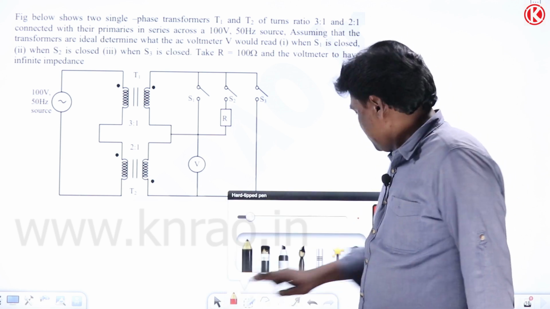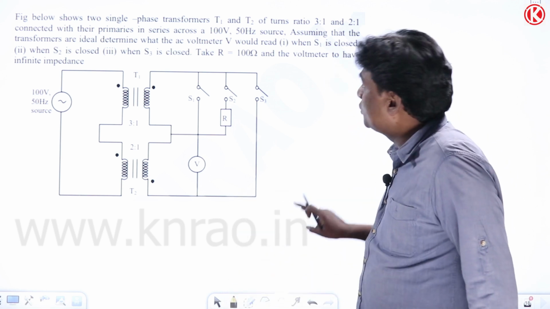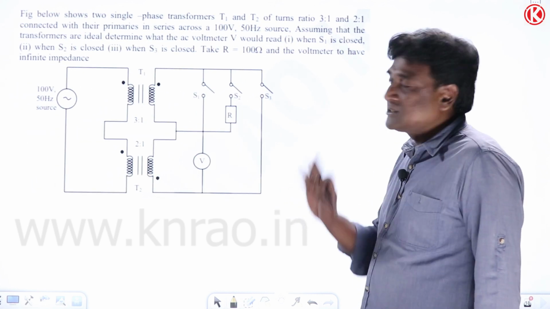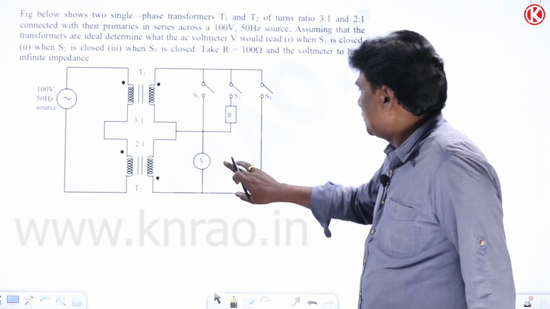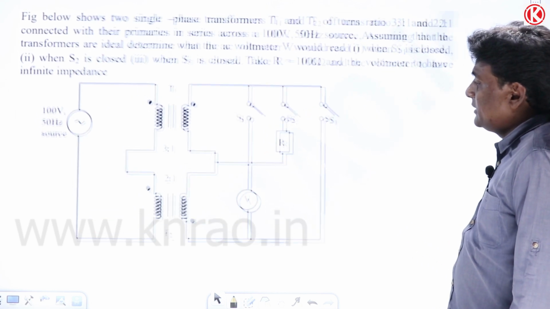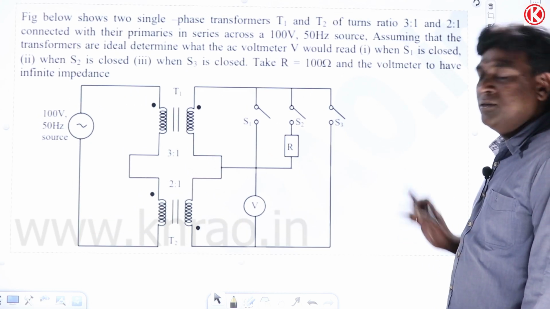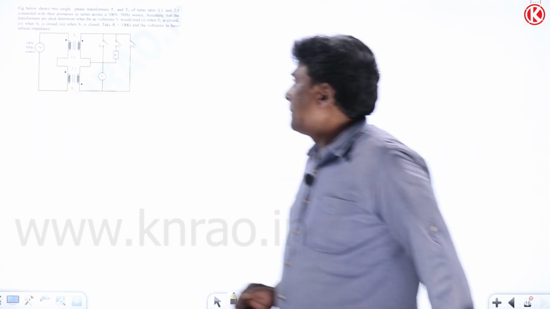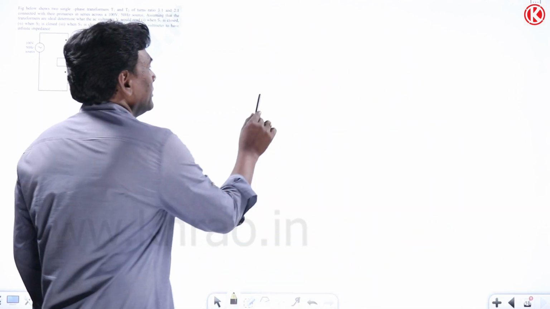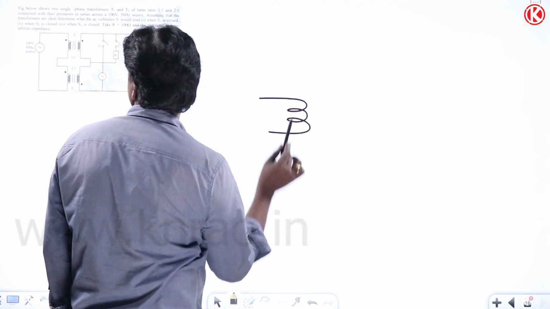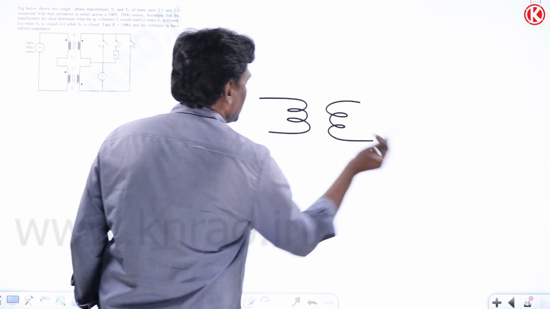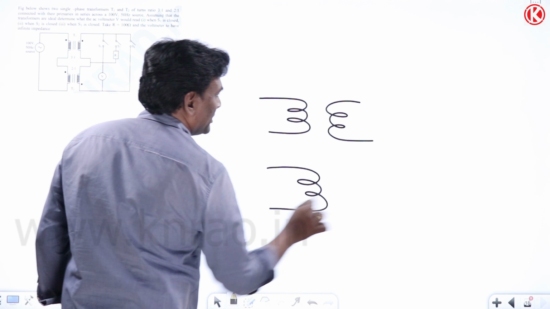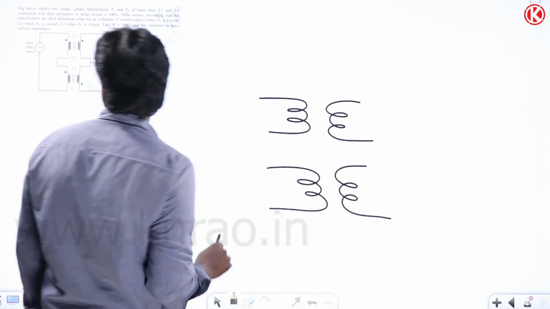So as it is a good question, let me try it again. You can pause the video and read it if you want. Let me increase this. Pause the video, read it. Now I'm reducing. Now see here, this is primary, secondary of first transformer, primary and secondary of second transformer,